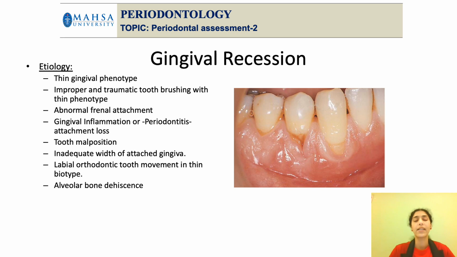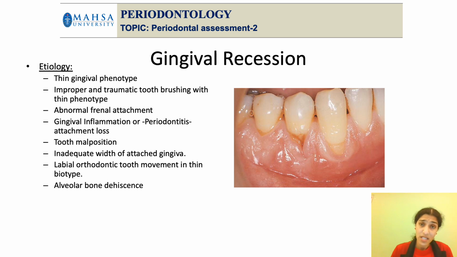Among the various factors that can lead to gingival recession, some of them I have presented here. It could be a thin gingival phenotype. Yesterday, in part 1 of the class, I told you about the gingival phenotype as a mucogingival problem, which could be a thick or a thin gingival phenotype. If the patient has a thick phenotype, that's fine, because usually the gingiva has a good amount of barrier. Therefore, the gingiva won't come down very fast. It has enough tough resistance, so it doesn't collapse and become a recession quickly. Whereas if the gingiva is very thin, gingival recession is very easily manifested.